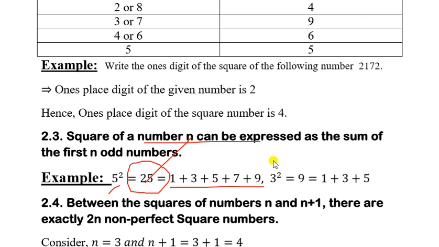Okay. And one more example I have written here, that is 3 square. That means you have to choose only 3 odd numbers. That means 1, 3 and 5. See, 1, 3 and 5, the sum is 9. And 3 square is also 9. So this is the third property of square numbers. Remember this. With the help of this concept you can complete your practice set.